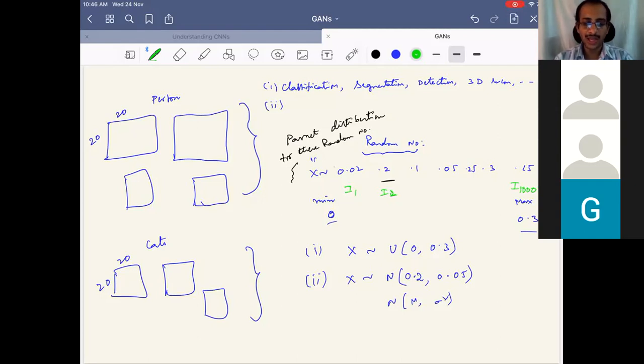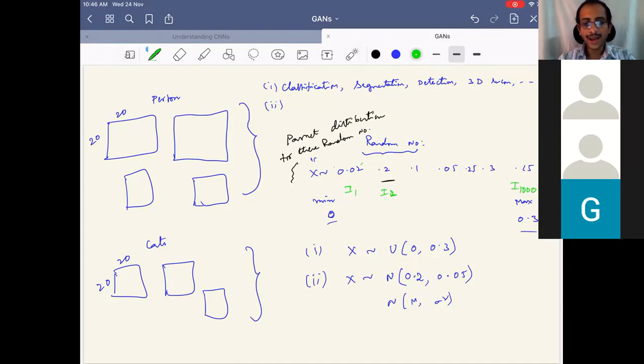Here I have given numbers only, but there can be random vectors. If I have a random vector of 400 cross 1, then it can become an image itself. Is it not? And that can be classified to one of the classes. That may be of interest, to classify to one of the classes, right? I hope you see the analogy between the random numbers and the images that we are dealing with.